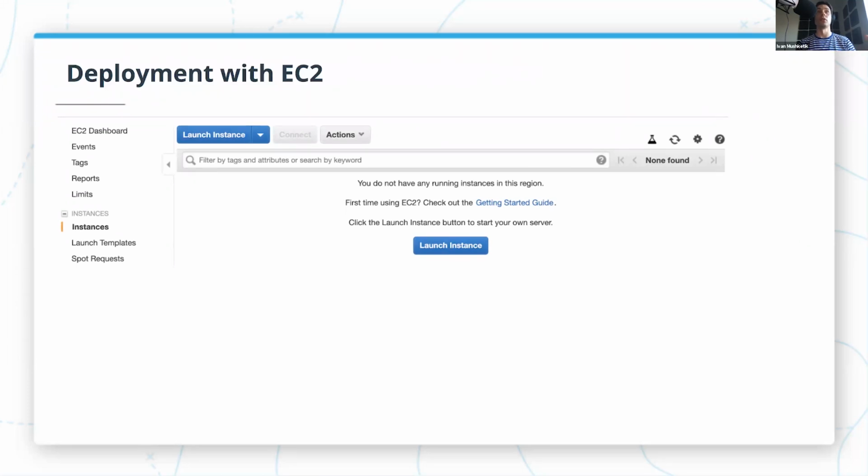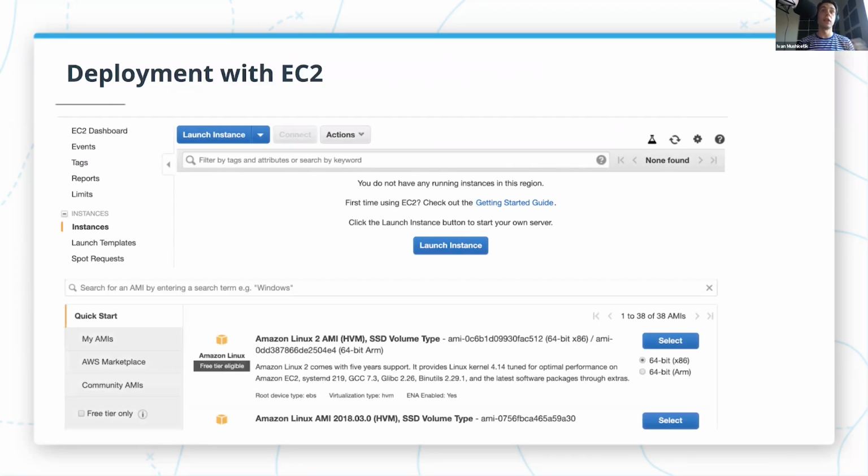Now, just to give you an idea of what it means to use infrastructure as a service, I'll show you how you can use EC2 to provision an instance. To do this, you would have to go to the AWS console, go to the EC2 service, and click the Launch Instance button. Once you click that, you can provide a configuration of what sort of instance you want to provision, specify the type of instance and additional parameters, and in a few minutes, you will have an instance, for example, a Linux box that you can work with. And of course, in addition to using the Amazon web console, you can also send API requests, or you can use a CLI tool.